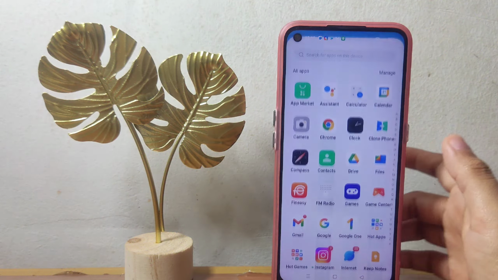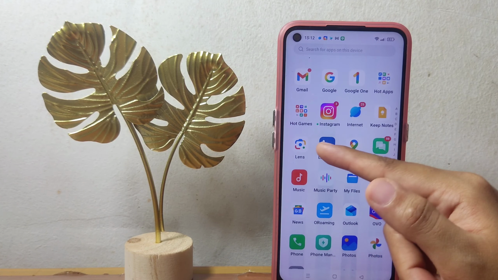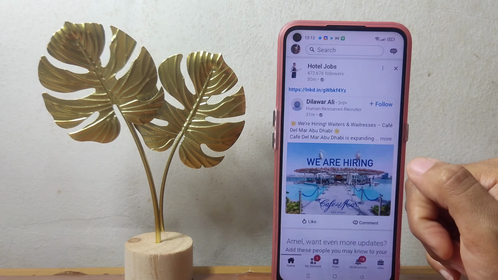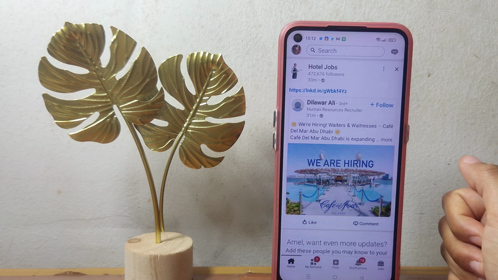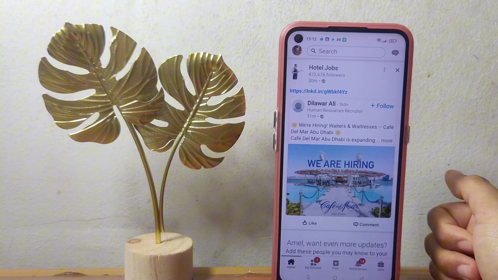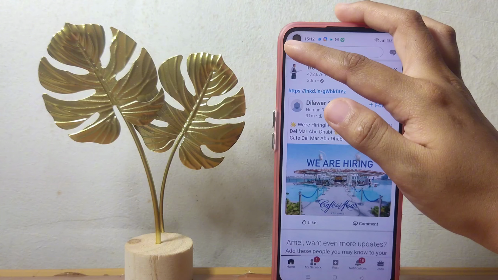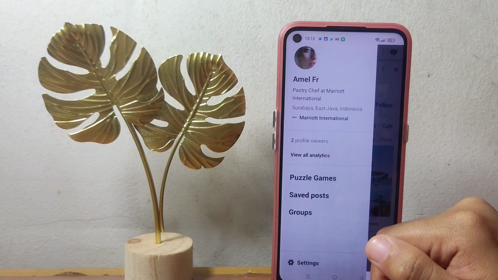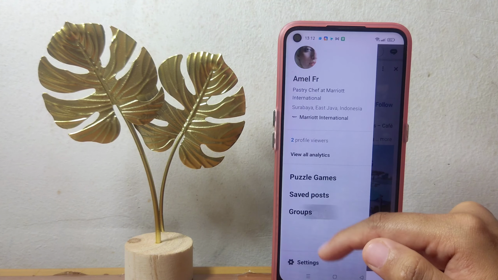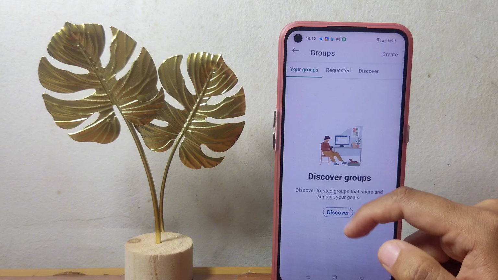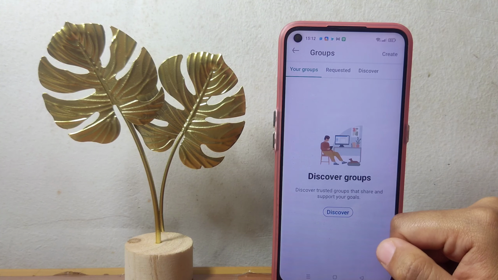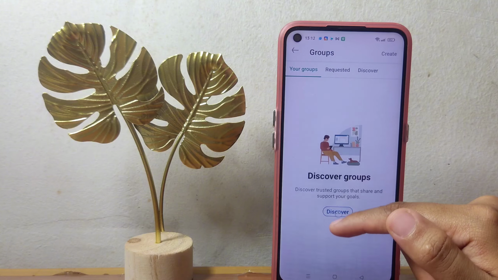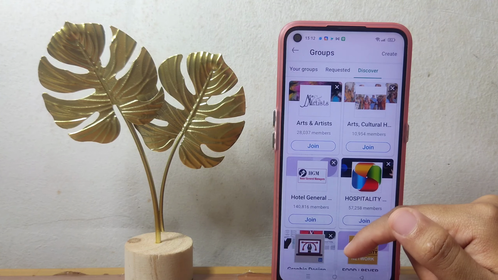Well, firstly here, of course, you just have to open your LinkedIn application, guys, and also make sure that your phone is already connected to the internet. And if you want to join other groups, you just have to tap on this icon, which is your profile icon at the top left. We'll see here the groups option, guys, and it will look like this if you don't have any groups before. Now if you want to join, you just have to tap on this Discover,